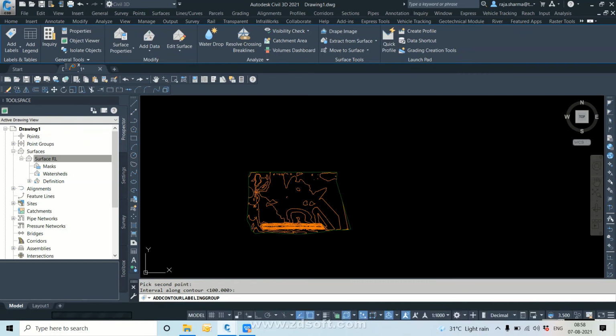It will take a little bit of time to do the contour labeling over here, just for the machine configuration requirement when you have Civil 3D with you. Installing Civil 3D, you need a minimum of 16 GB RAM. If you're going to work on a project also, 16 GB RAM is required for the best work. Civil 3D comes with not only Civil 3D, it is already included with AutoCAD 2D and 3D, and planning and analysis.